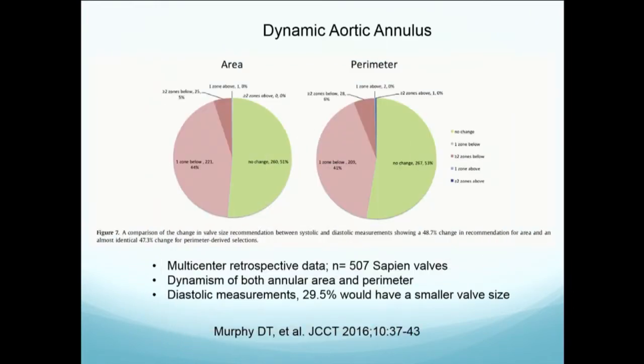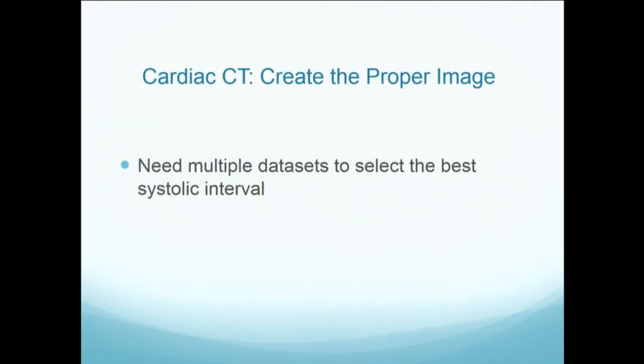Now, we know that the aortic valve has a dynamic annulus, and here in a retrospective study of 507 valves, both the area and the perimeter were dynamic, and if you only measured in diastole, 30% would have a different valve size. So when we try to create the proper image, we need multiple data sets to select